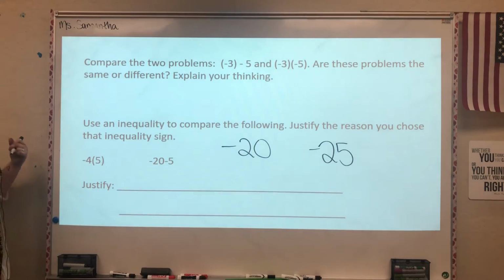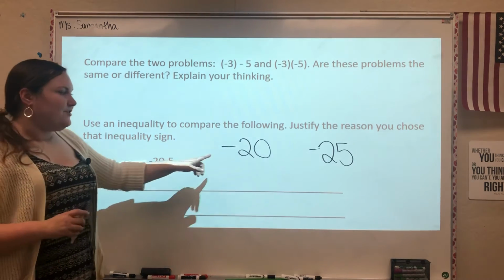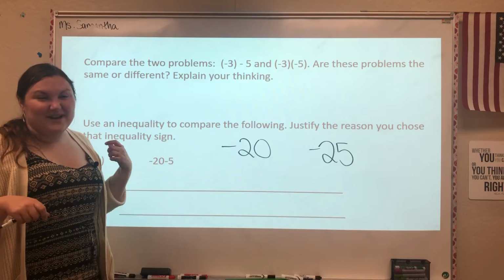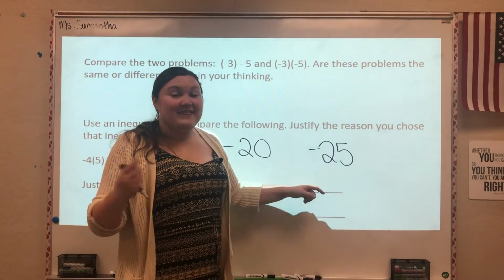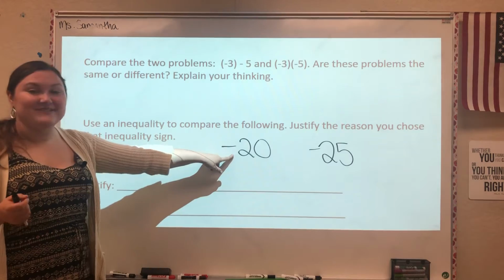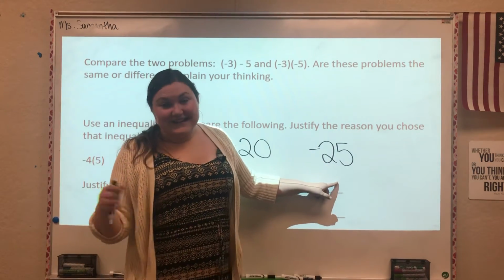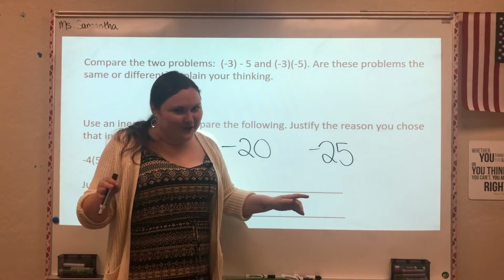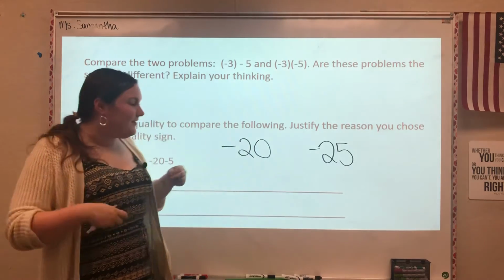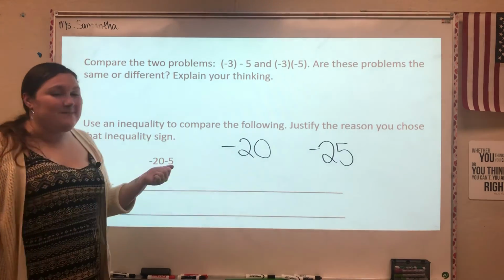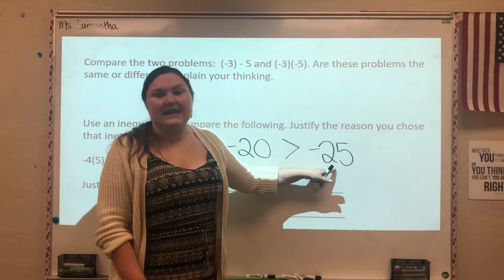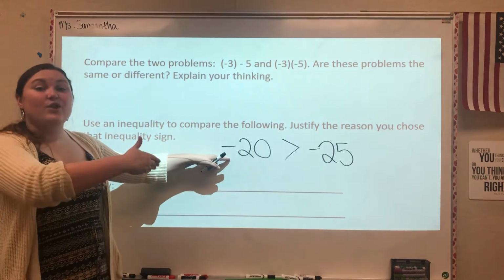We want an inequality sign to compare those two amounts. This was another area students struggled with a little bit. If you're looking at two negatives, knowing which side is more, I'm going to say the same thing I said a couple minutes ago. If you struggle with knowing which side is greater, think about it with money. Would you rather your bank account say -$20? Or would you rather it say -$25? Or you can think about it with temperature. Which temperature is higher? I know they're both very, very cold, but which one is warmer? Well, if you're thinking about money, temperature, or just a normal number line, this number here is greater than -25 because this negative is closer to 0